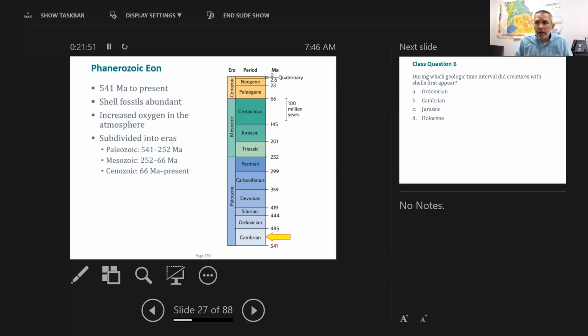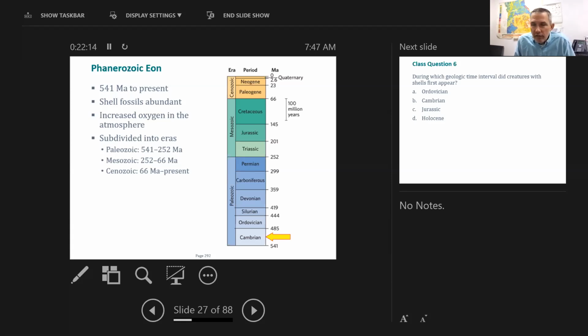And so the Cambrian time period comes from Cambridge, England, where we started looking at the rocks around there, and there was tons and tons of these shells. An increase in the oxygen atmosphere coincided with this region. And so when we start looking at the